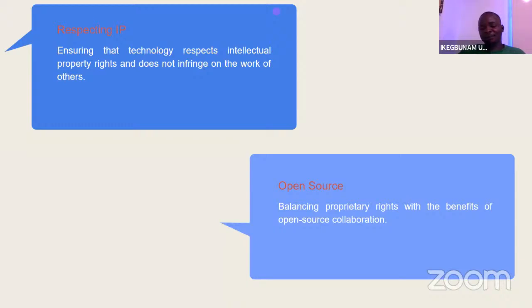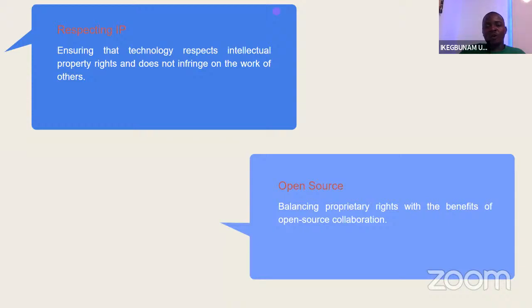But at a point, there is intellectual property right. When everything was reviewed, it happened that Brain Jota could not earn from it. Though it gave him a lot of followers and views, he did not earn because the music was actually copyrighted. The music was protected by the Facebook application and other streaming platforms as well. So when we're talking about intellectual property right, it means respecting the property of every user, ensuring that the technology respects intellectual property right and does not